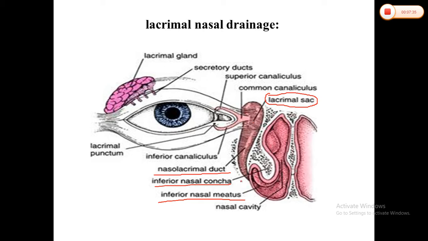So basically, this nasolacrimal duct, which extends from the lacrimal sac to the inferior nasal meatus, is 18 mm in length and 3 mm in diameter. The upper end is narrowest and it runs downwards, backwards and laterally. It is lined by two layers of columnar epithelium and has intraosseous and intramural parts. And then this is our nasal cavity, where our tears enter through this drainage system.